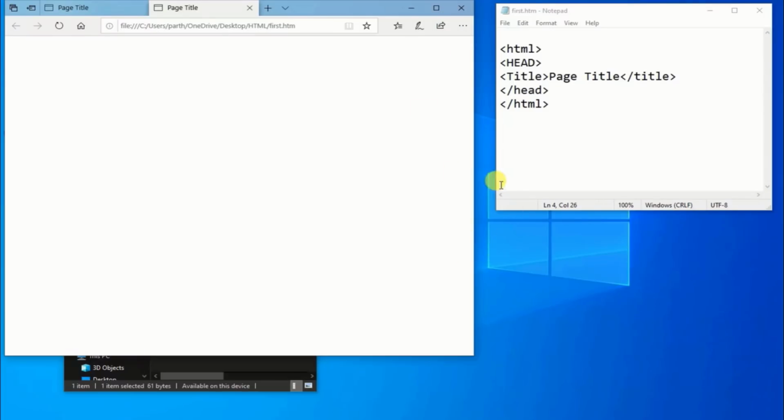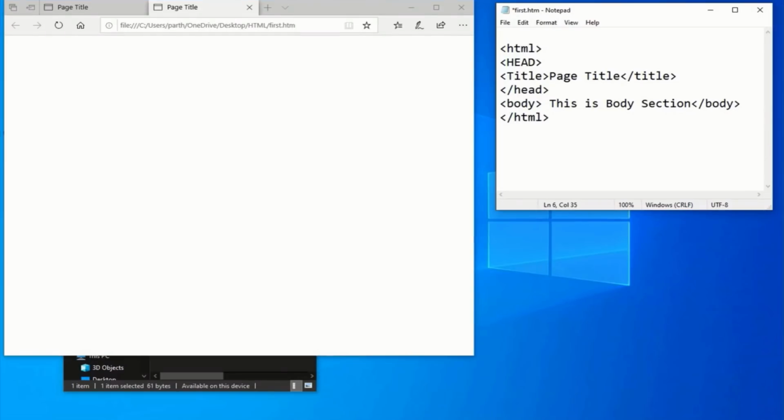Have you noticed that our web page is not displaying any content? It is because we have not mentioned any body element in our web page. In Notepad, we are going to declare a body element just before the closing of the HTML tag and put some text under the body element and check whether there is any difference. Declare the body element with body opening and closing tag, and within that put any text you want to display and save it, and then refresh the web page. And there we go, our HTML web page now has some body.